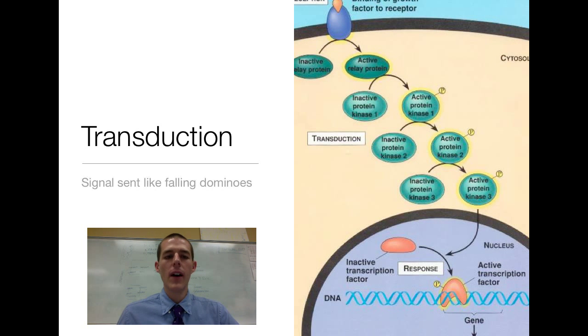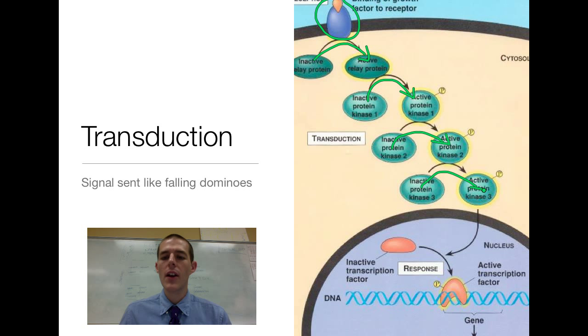All right, next step of our cell signaling pathway is transduction. Just want you to think of this as a series of dominoes falling over on a table. When our signal binds to our receptor protein, it changes shape. That change in shape sets off a cascade. So this change in shape might activate this protein, or change him from inactive to active. The change of this one to active might activate your second protein, which activates your third protein, which activates your